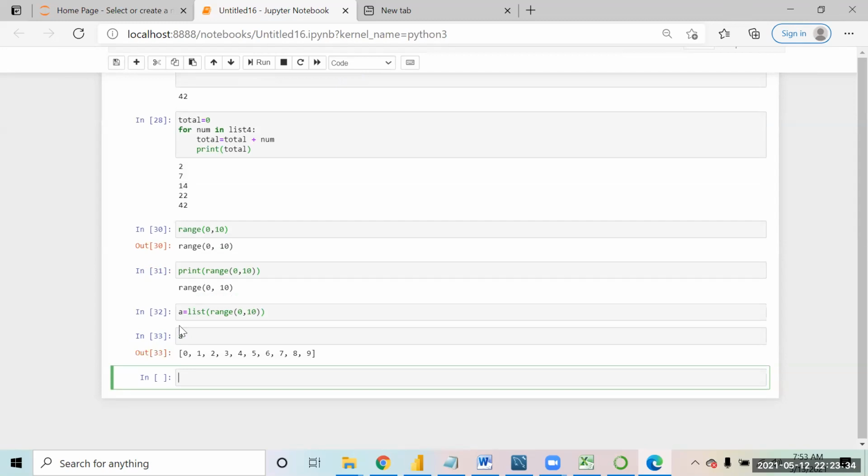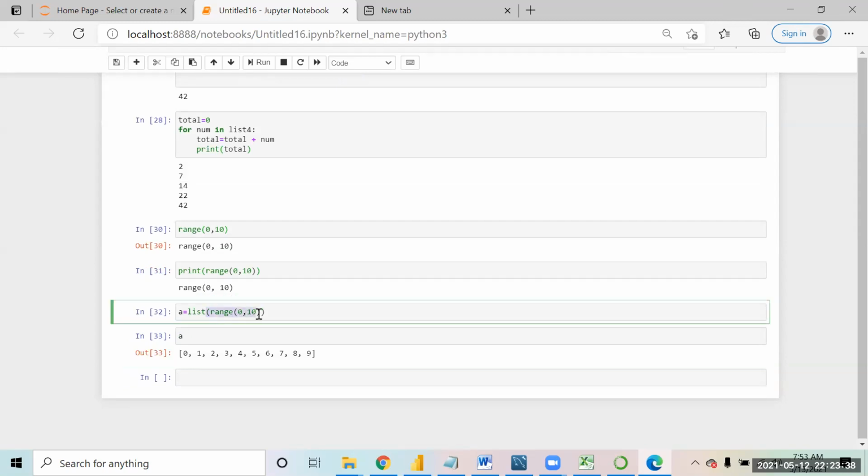So now you see over here, I have used the function range to create my list, and I said 0 to 10. That is, starting number is 0 and ending number is 10. So it creates a list for me right away, starting from 0, 1, 2, 3, 4, 5, 6, 7, 8, 9. So it doesn't bring the last one.